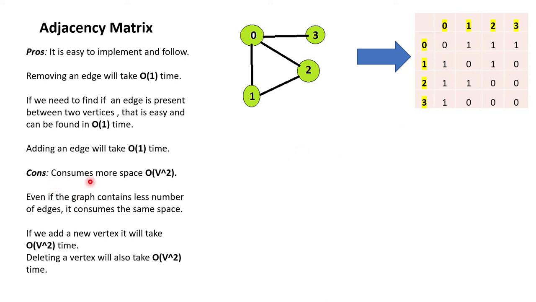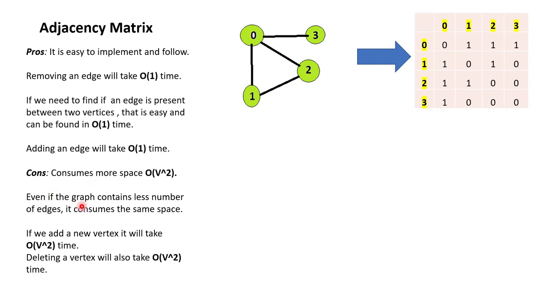So why is it telling it consumes more space? Because if you see in the diagonal, there is no use of this one, because obviously from the same point to the same point that connection will be 0. Okay, so why take extra space to denote that thing? To maintain symmetry, actually you have to keep this thing, otherwise there is no use of same point to same point connection. Obviously that will be a 0. Then for an undirected graph, as it is symmetric, that means both sides we have the same data, so we are repeating the data actually. So that's why it consumes more space.